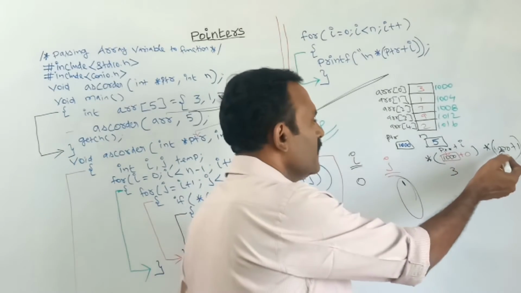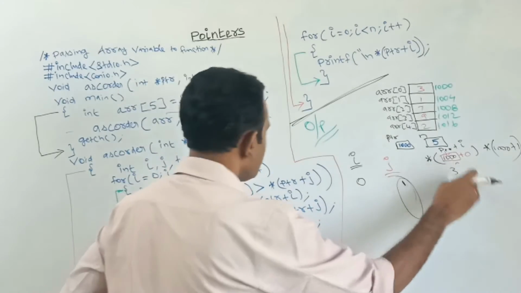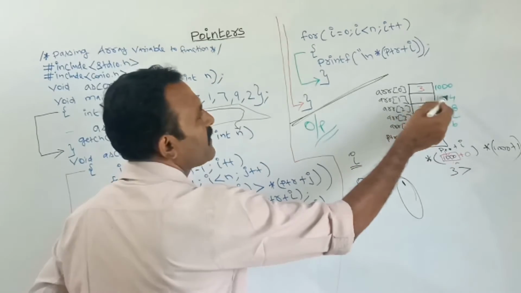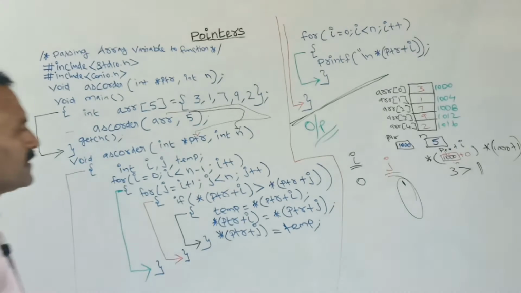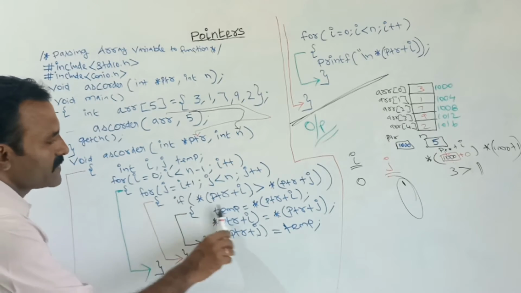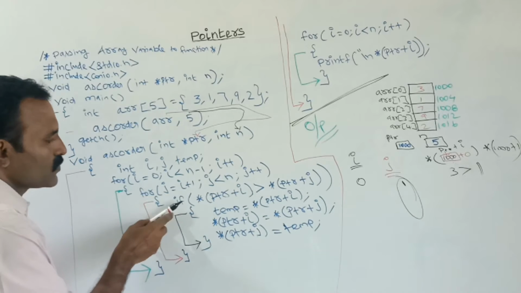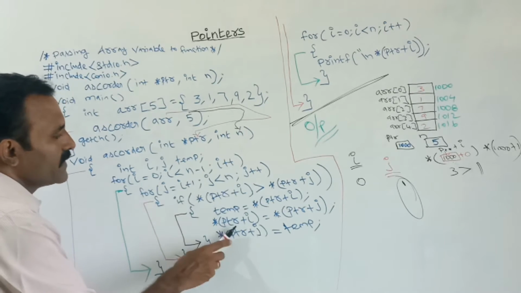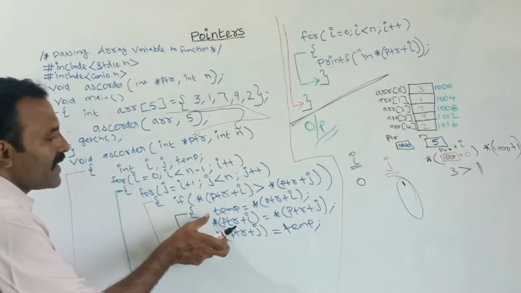So now I am comparing this 3 with the 1004 location, whether it is greater or lesser. At the 1004 location address we have the value 1. Is 3 greater than 1? This condition is true. If the if condition is true, then it will go inside and I am swapping the number, otherwise it takes the next value. So here 3 is greater than 1, the condition is true, so it goes inside. I am swapping the number.